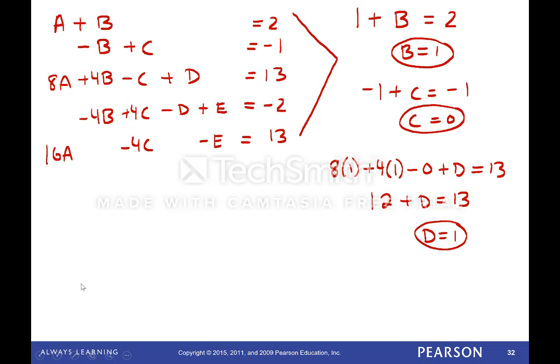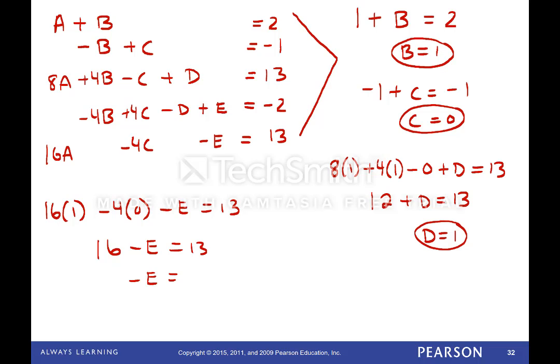I'm going to use the last equation to get the remaining variable e. So 16 times 1 minus 4 times the c value, which is 0, minus e equals 13. So really it's 16 minus e equals 13. Subtract 16 from both sides, which should get you a negative 3, therefore e equals 3. Alright, that is it. That is the tough one from